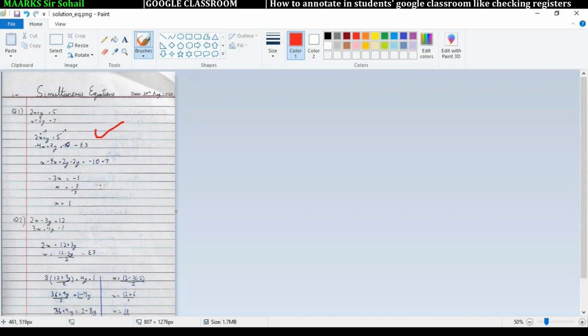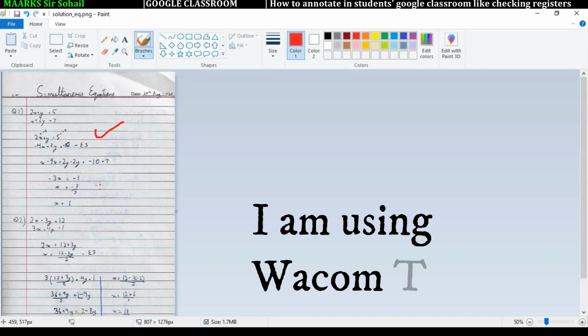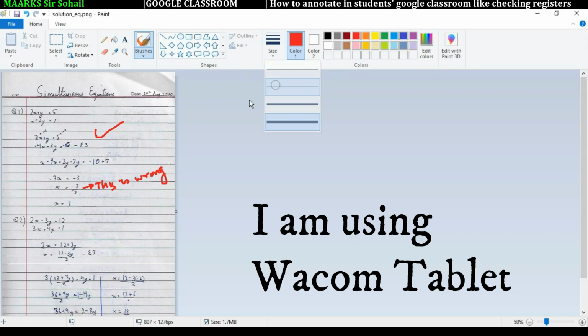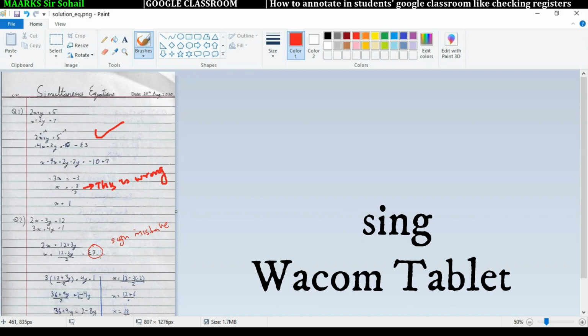For example, if I want to write any comment here, you see I can write anything. I can change the thickness here, and then I can point out anything, a sign mistake. Anything I can do here. If I have a tablet, it will be easier. But if you don't even have a tablet, don't worry about it.